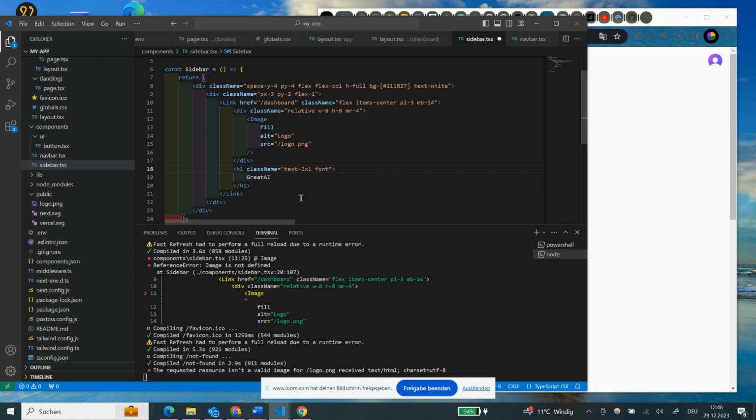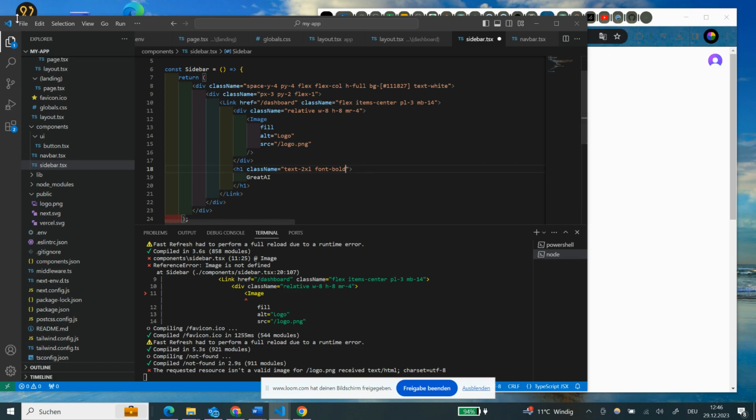But one thing I want to do is change the font of this text, while keeping the same font that is already on the entire website. So I only want to change the font for this one H1 tag. In order to do that, I'm going to use a specific